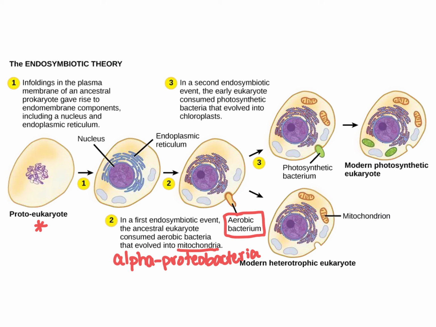And with some cells, that's where the story ends. They have mitochondria, but not all eukaryotic cells have chloroplasts. But some of these eukaryotic cells that had the mitochondria